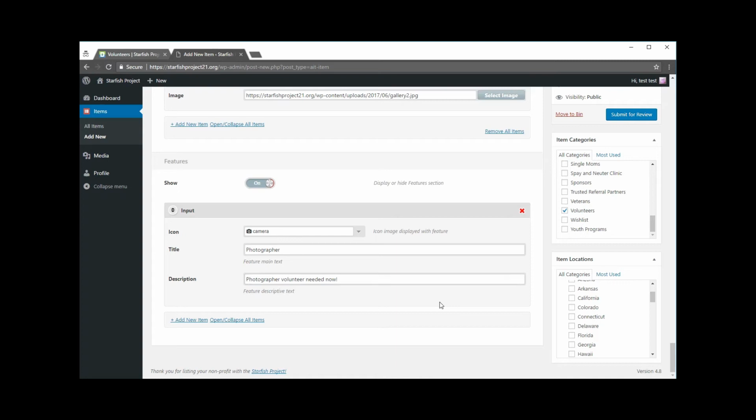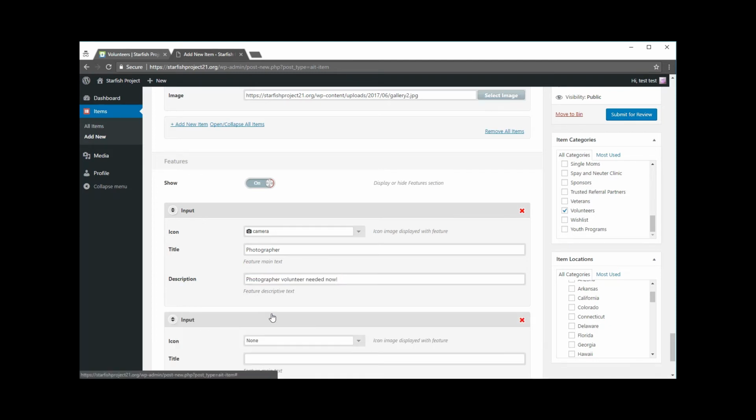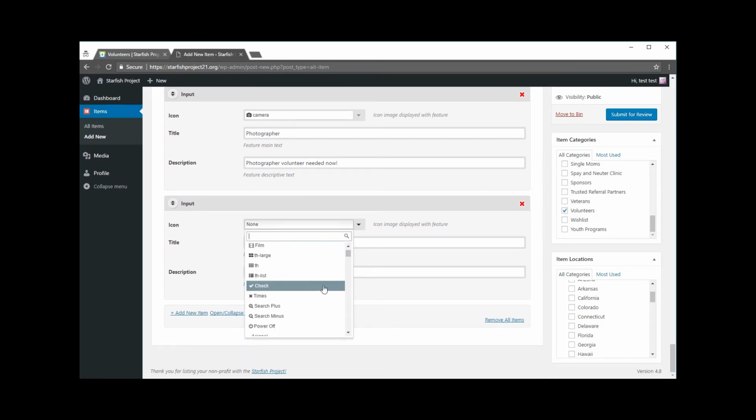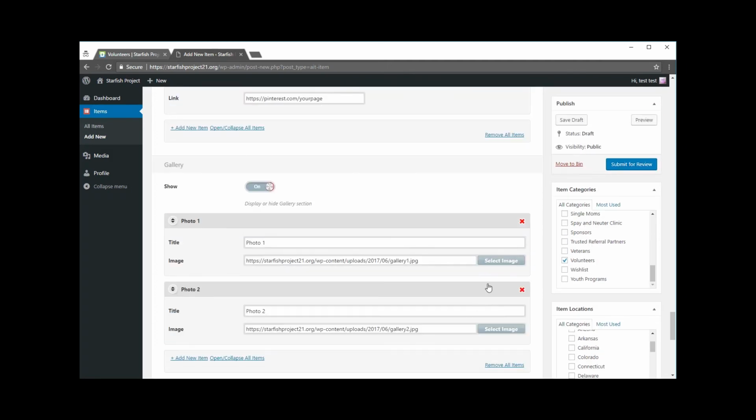Something like this. So basically you would select the icon, give that a bolded title, and then a little bit of descriptive text. You can add several of these, so let's add another one. Whatever that might be. Okay, so now we've got all this done, and if you want, you can save this